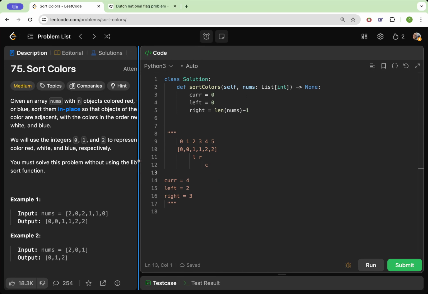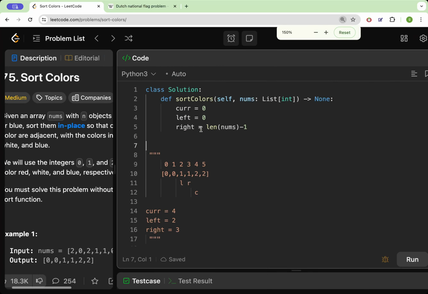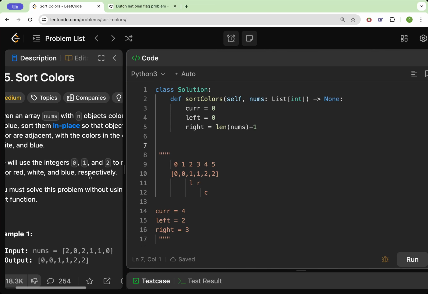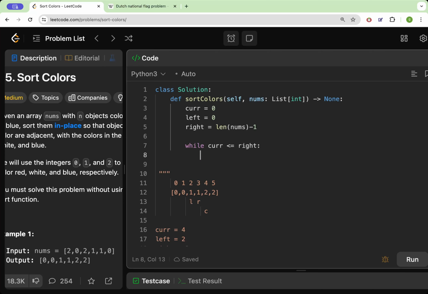And then let's give it some more space here. Okay, and then what do we want to do? We want to say while cur does not pass r, so while cur is less than or equal to right,